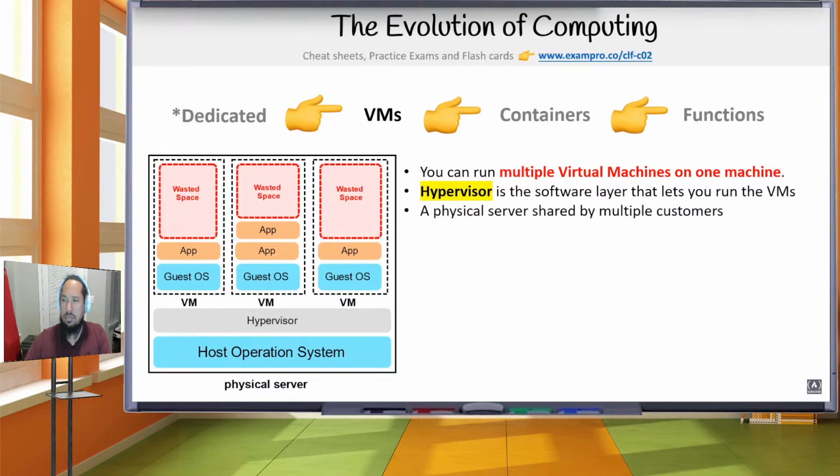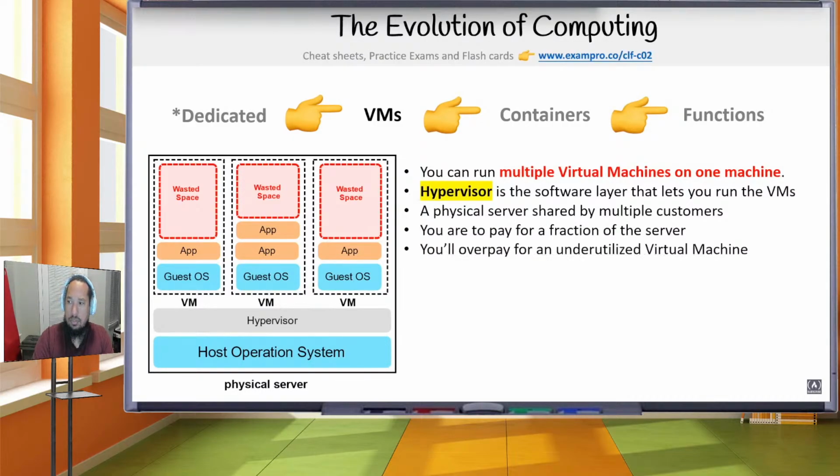And the idea here is now it's multi-tenant. You can share the cost with multiple customers. You're paying for a fraction of the server. You'll still end up overpaying for the underutilized virtual machine, because a virtual machine is just like, you still have to say how many vCPUs, how much memory, and you don't want an app that uses 100%, right? You want to use exactly the amount you need, but you can see here, there's still going to be some underutilization. You are limited by the guest operating system, but now it's virtualized,